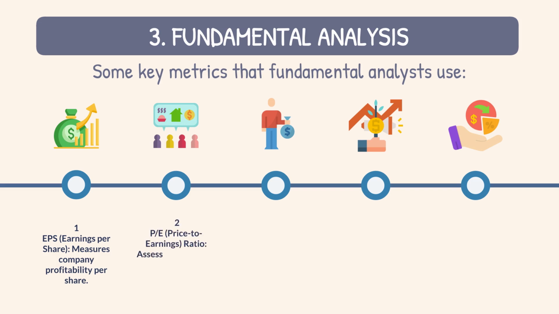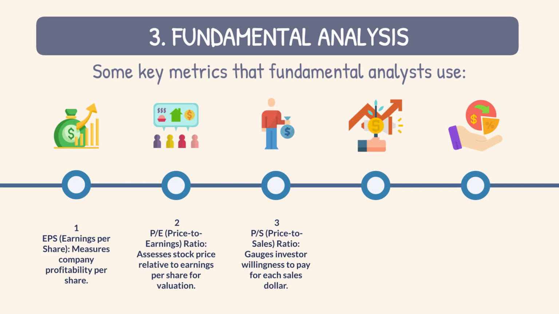price to earnings ratio, a measure of a company's stock price relative to its earnings per share, which is used to assess whether the stock is overvalued or undervalued; price to sales ratio, a measure of a company's stock price relative to its revenue per share, which is used to assess how much investors are willing to pay for each dollar of the company's sales; price to book ratio, a measure of a company's stock price relative to its book value per share, which is used to assess whether the stock is trading at a premium or a discount to